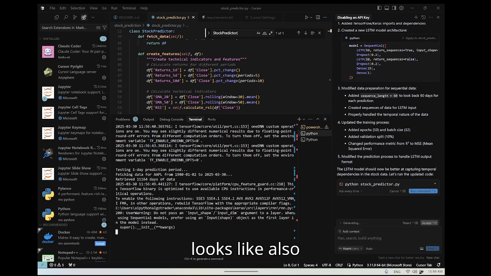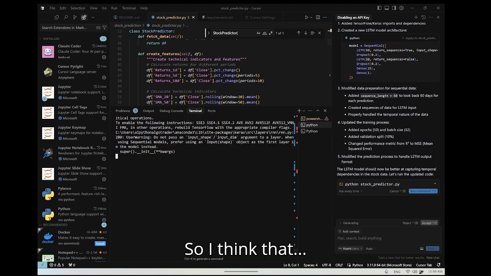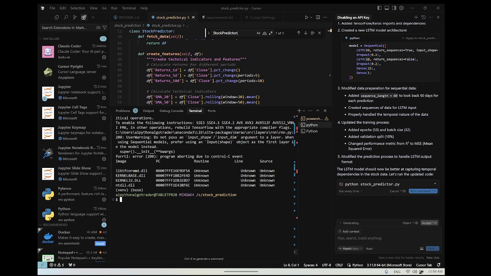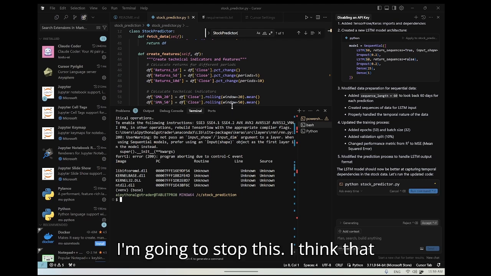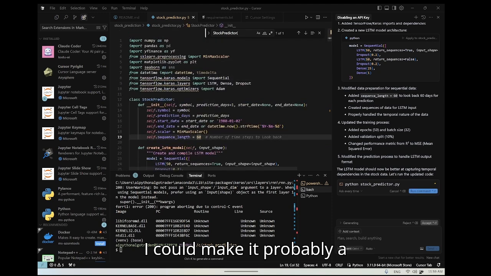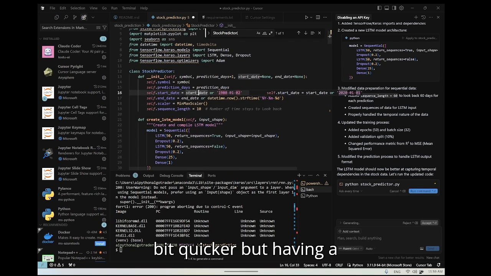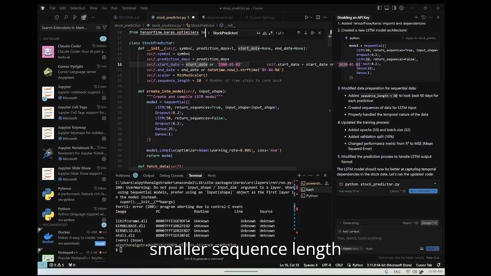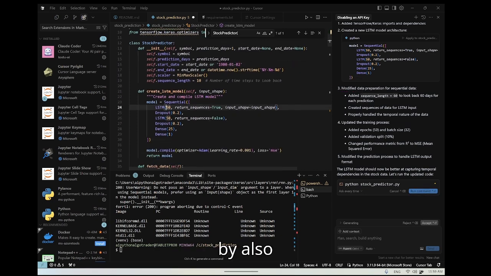This looks like it's also going to be very long. So I think that, okay, I'm going to stop this. I think that I could make it a bit quicker by having a smaller sequence length, also using, let's say, one fifth of the number of units, like this,